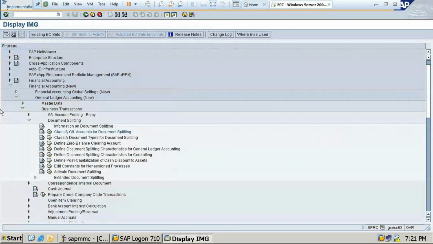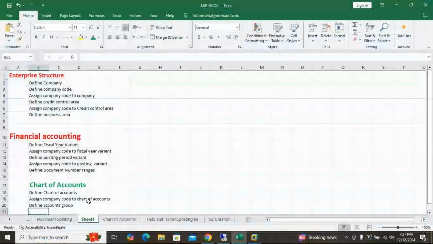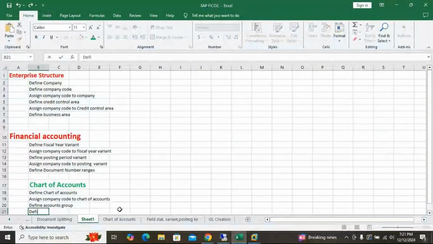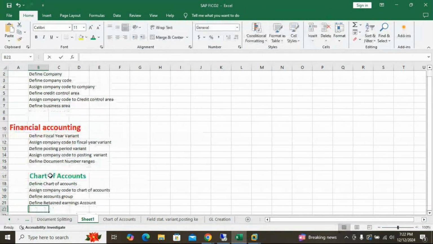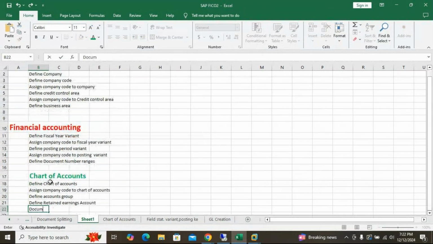So accounts group, after this, what did we do? Define retained earnings account. Okay. Next, last we did document splitting. Understood, students? So this is all we did.